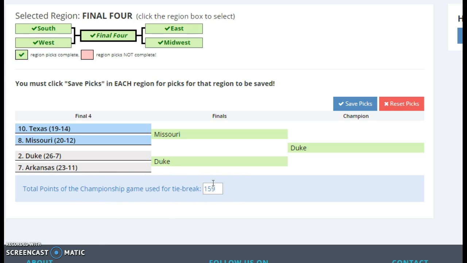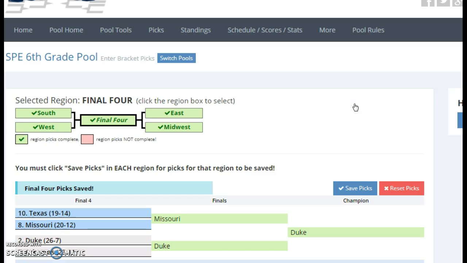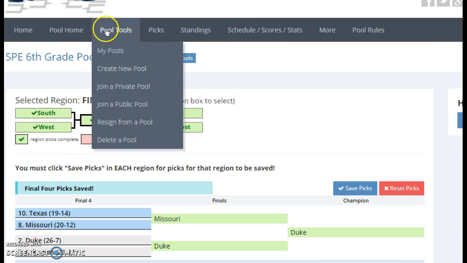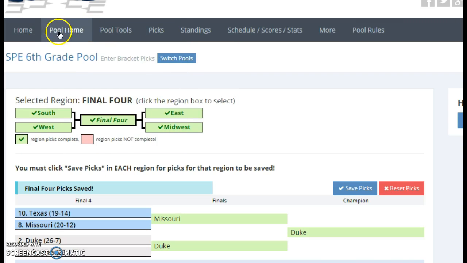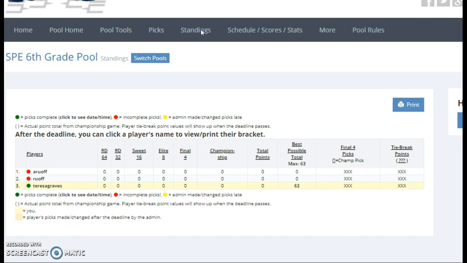So how many points the one team is going to score plus the number of points the other team is going to score. And then make sure you hit Save Picks, and then your picks should be in here that you can come back and look at whenever you want. And then we will look at this in class to see who's in the lead and what the standings are. We'll be able to see over here what your names are and how many points you got